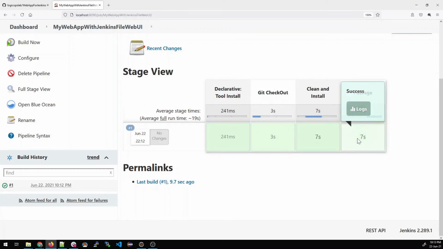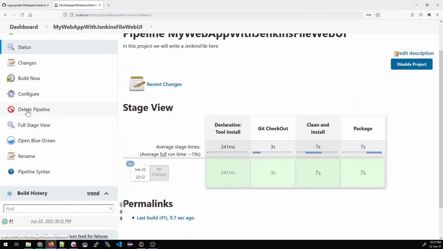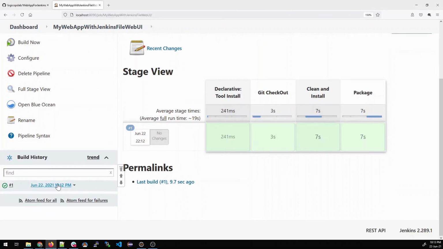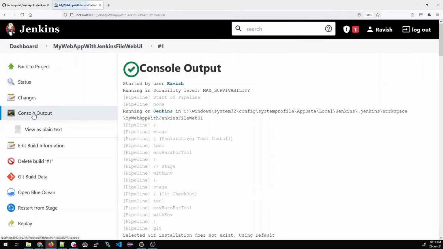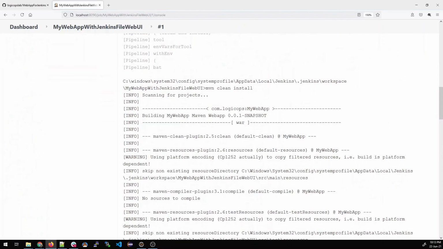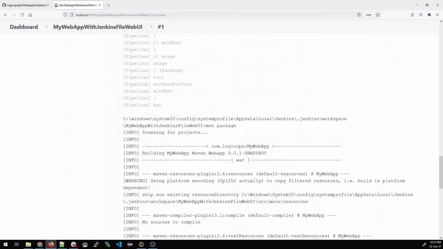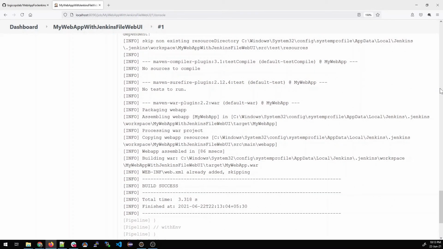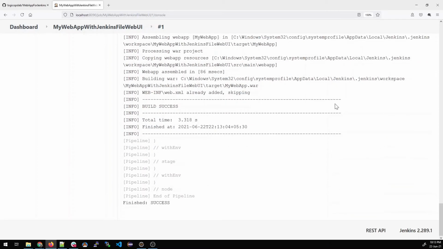You can write them in one step. I'm just writing it to show you that there are a number of steps that's possible. So let's see how it looks like. So let's go to our build, go to console output, and you can see it's the exact same copy of what we did in the previous build job. So one thing noticeable here is my webapp.war, the war file we are packaging, we are creating.